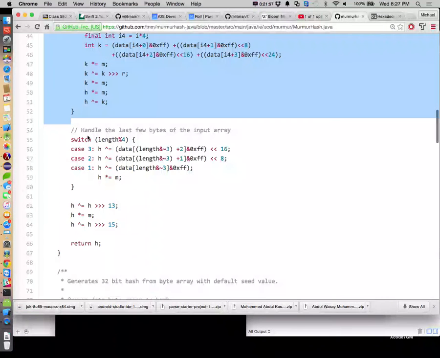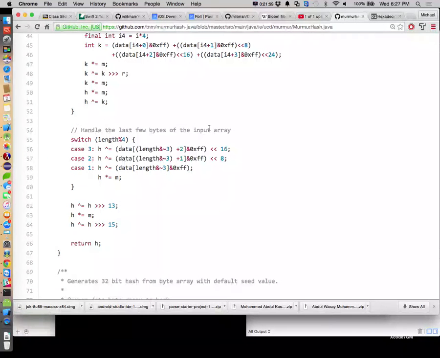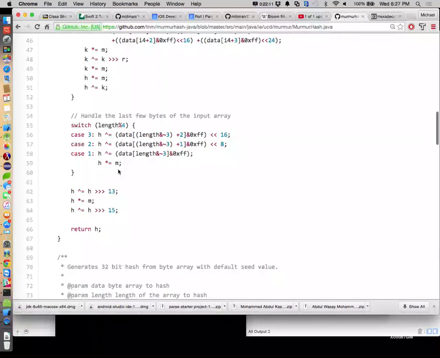And then here's the check whether or not there's a couple of extra bytes in the array, in case the length of your array was not evenly divisible by 4. That's what this is really saying. If that's the case, do some shifting of those guys. But in the end, what do we have? H